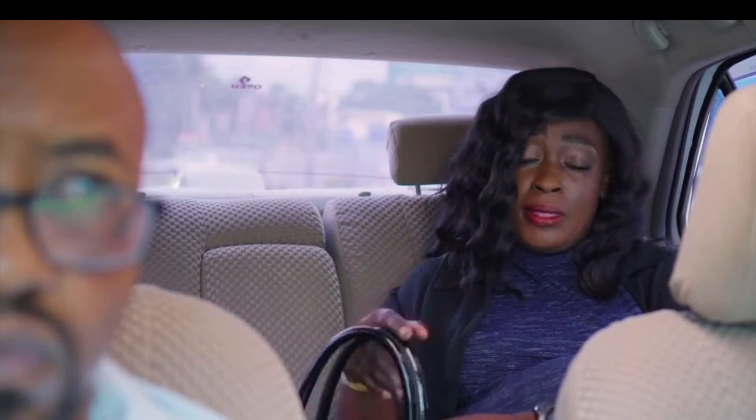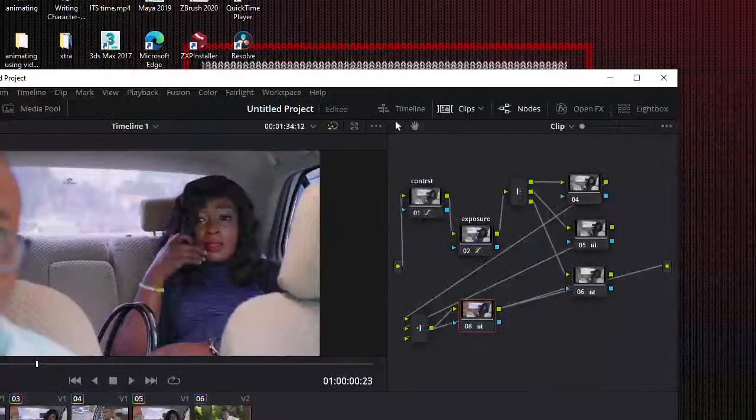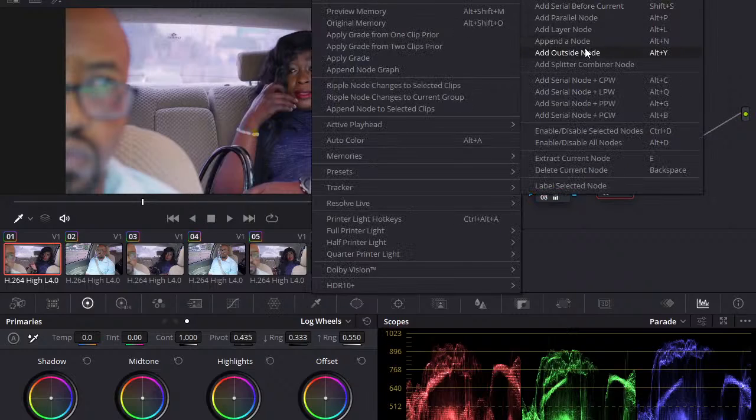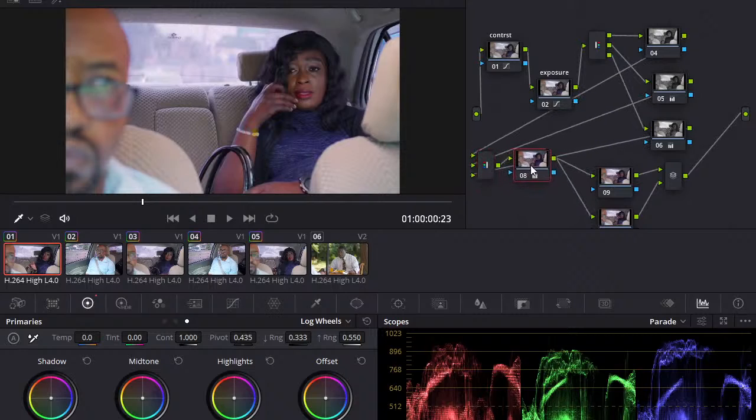So another better way of making the skin look natural is just by using something like a layer node. So let's bring this back, and this is a saturation. I'm just going to create another node, and under it I'm going to come to color nodes, parallel node. Okay, so the parallel node works like this.